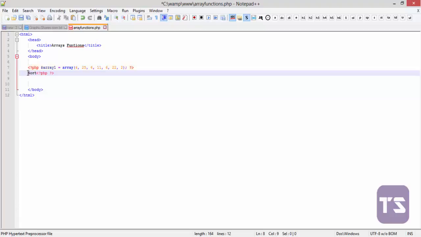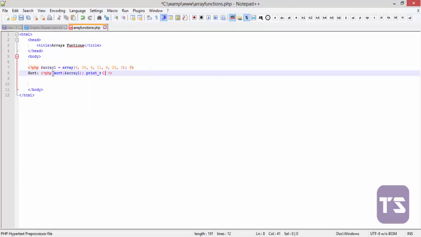So here we are sorting, so that's sort. So we'll sort array1, and we're going to print_r the result